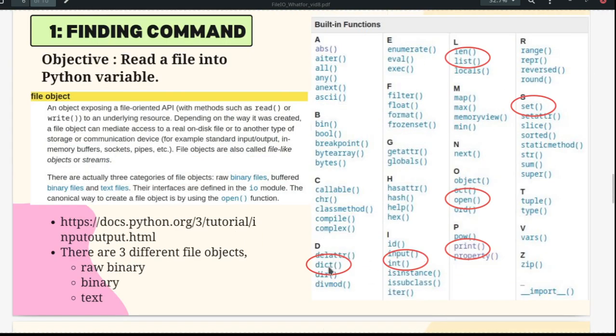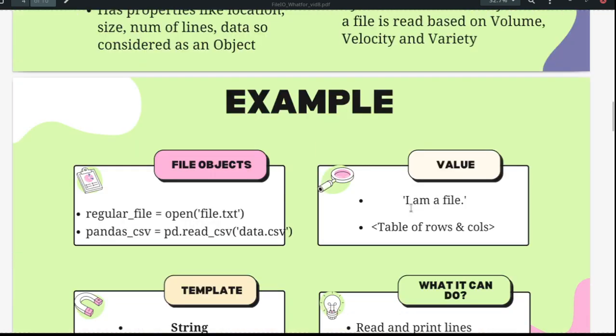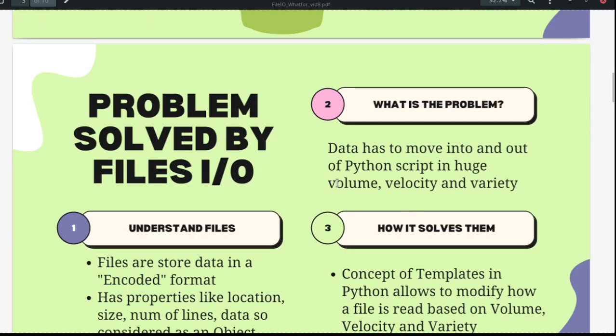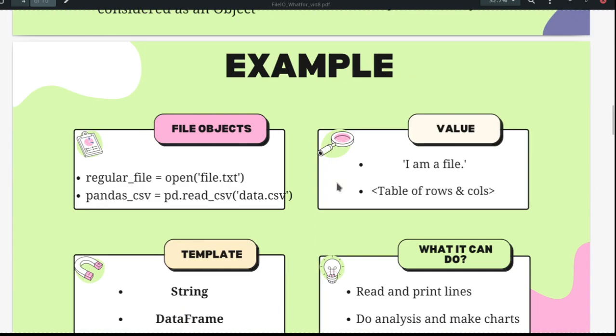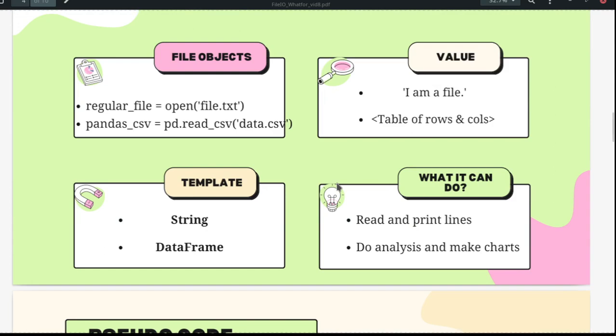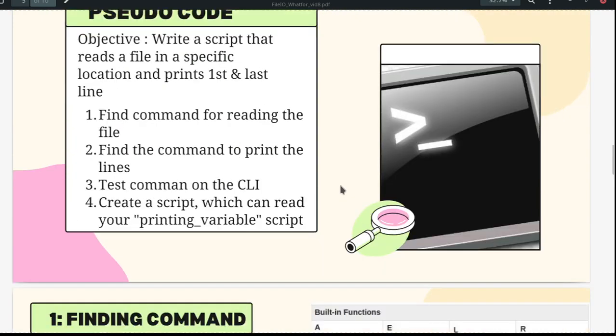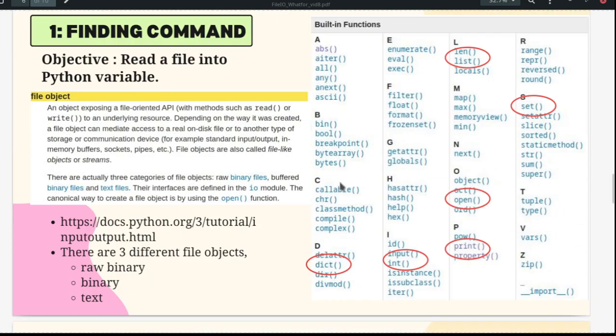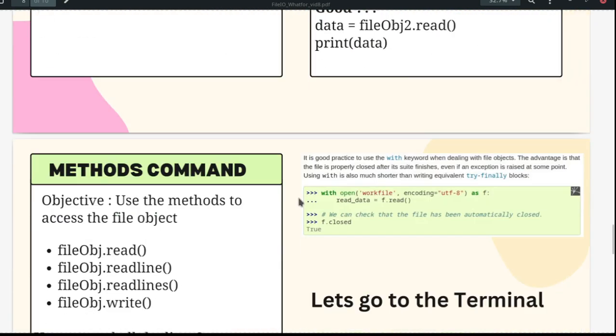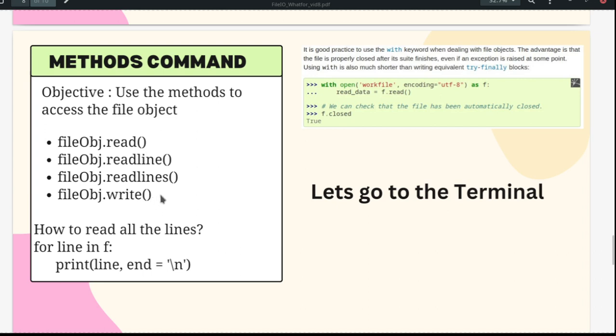You have completed almost all these basic functions that we need to work on. And next, what we are going to do is we are going to use little more advanced techniques for controlling the flow and controlling the loop of the program. Just to recap, we understood the problem that the file solves, and we understood the various templates that the file objects create. And then we went to the command line and we tested how to open the file, how to read and write to file. All these things were covered in this